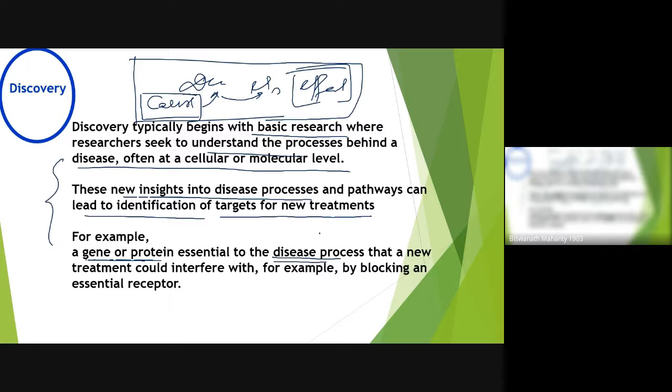So if we know what gene is involved, then possibly we can go for treating the expression of that particular gene, or blocking some essential receptor on this pathway. That means I know what happens in the disease state. Maybe it is leading to one molecule, it is binding with something else, and this is blocking the signal transduction. So you may block any one of these routes if there is any receptor for binding these domains, and you can look for some molecule which will bind there.